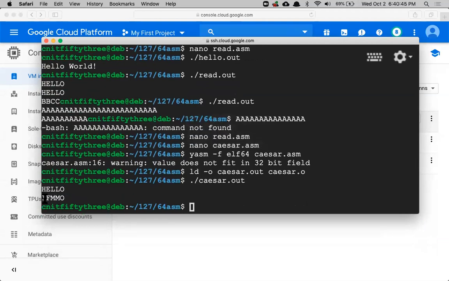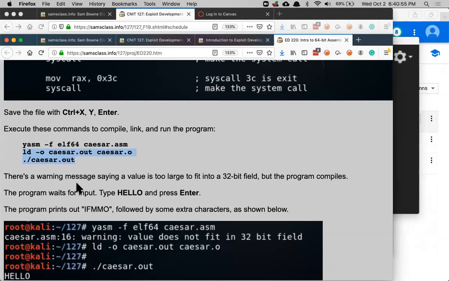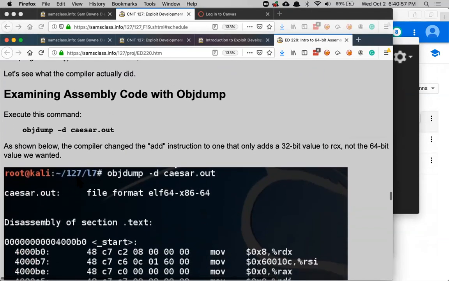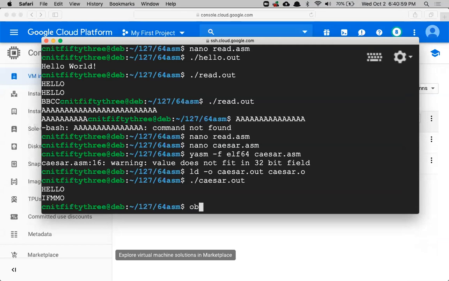So the H went to I, the E went to F, the L went to M, but the O did not go to P. So it only moved 4 characters forward, not 8 characters. So now let's figure out why that happened. So we'll use objdump